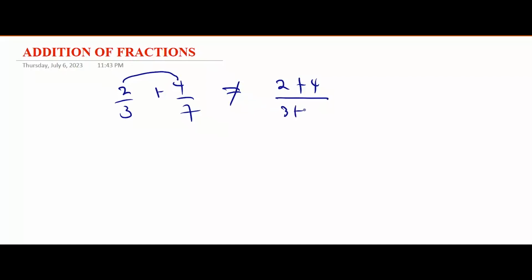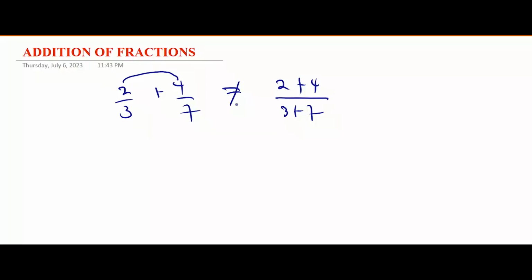It's very important for you to look into the following before we look into some examples. It's very wrong to add the numerators and the denominators of 2 fractions directly. Take for instance, 2 out of 3 add 4 out of 7. So this is never equal to 2 add 4, that is adding these 2 numerators, over 3 add 7. So this is impossible, but if they have the same denominator, you can easily add the numerators and pick the